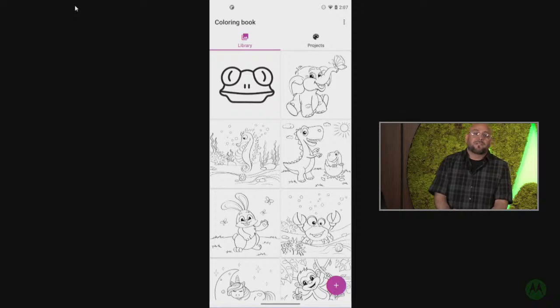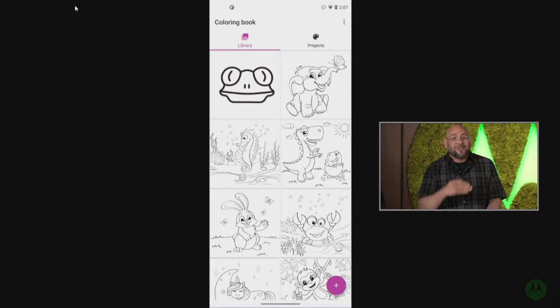So many things that you can do with the stylus. You can draw, you can take notes, you can color, you can play games, you can edit your photos. The list goes on and on. And you know what? At the end of the day, it also changes the way you navigate your phone or how you interact with the phone. Just scrolling through my social media feed, text messaging, browsing the internet, so many great things that you can do